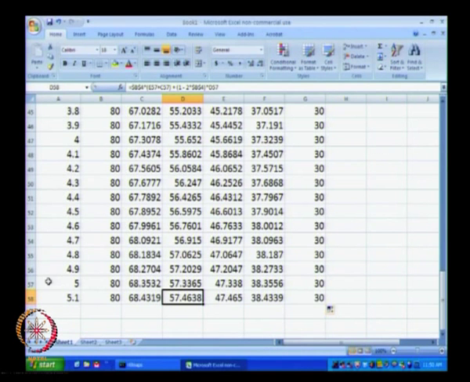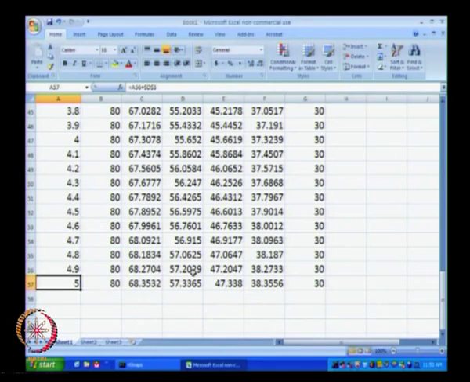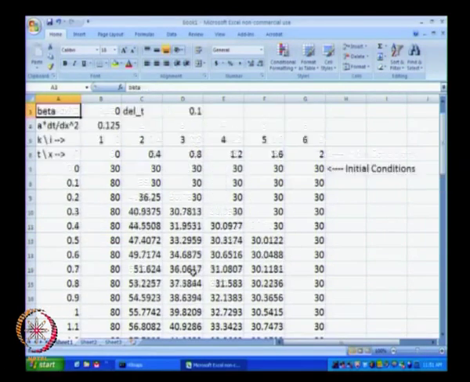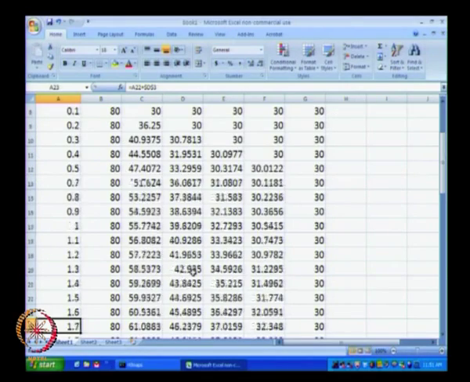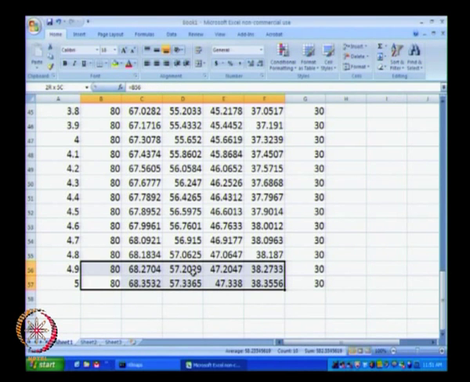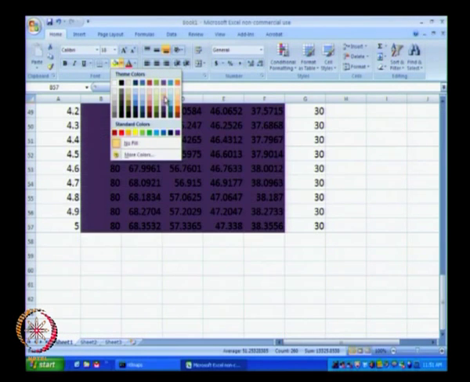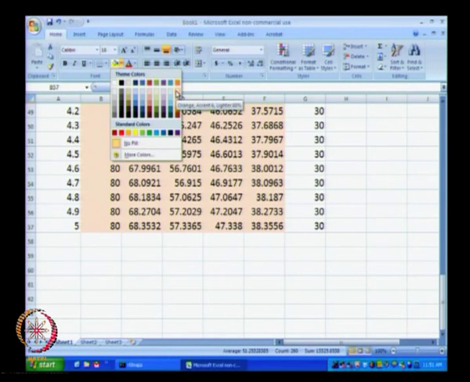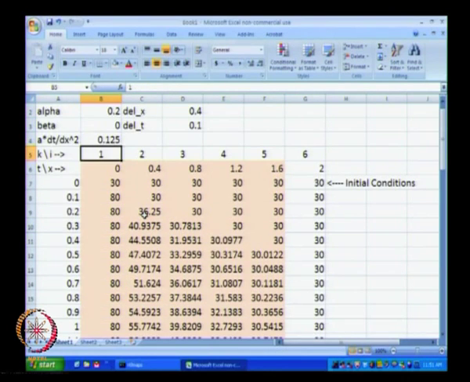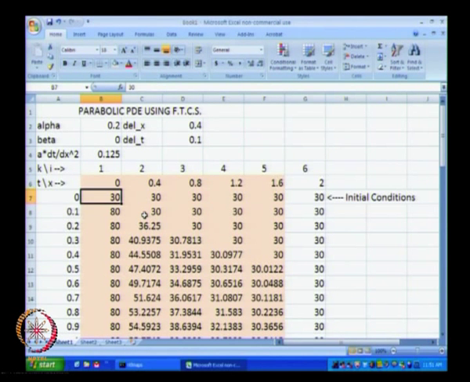Okay, and I will just delete this. So now what we have is the temperature at various locations in the rod as the time progresses. All these values that we have over here are the values of temperatures varying with time and various spatial locations. So these are the temperatures varying with time and space. What we will do is try to plot the overall temperature profile at various times along the length of the rod.